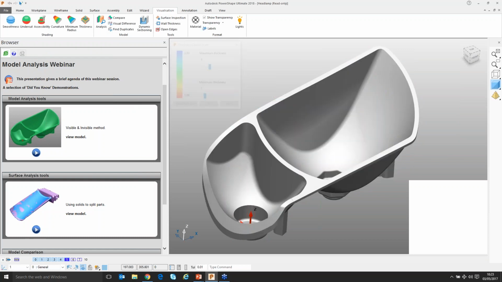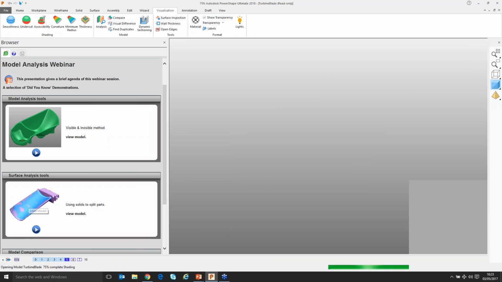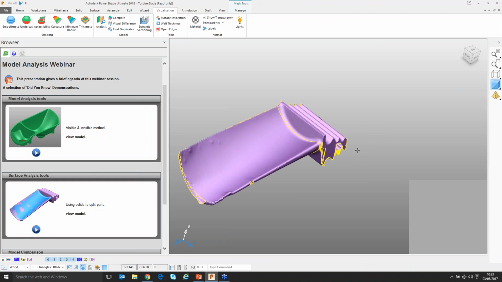Okay, let's move on and take a look at a different model. For this one, I'm going to choose a blade here. This is a turbine blade. And this is triangle data. So this is an STL model of a blade that's had some damage, and we need to think about reverse engineering this, which I've done. I've put a surface over this,